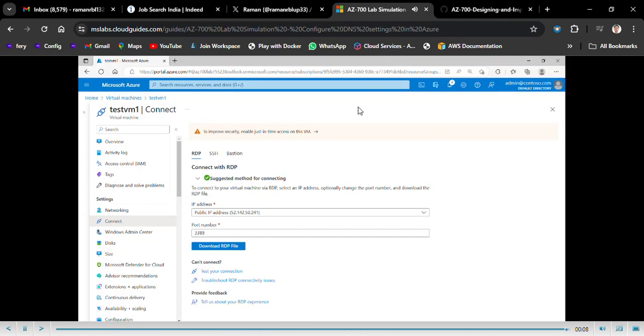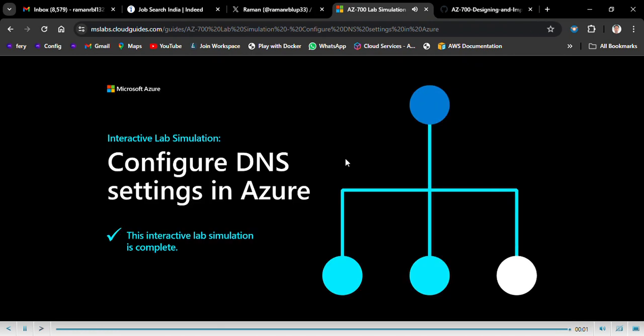This task is now complete. Click the screen to continue. This interactive lab simulation is now